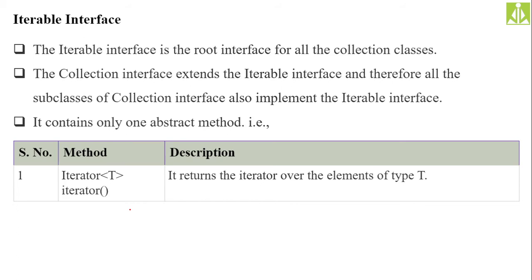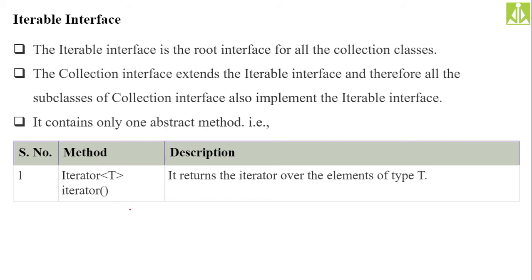Okay, so the Collection interface extends the Iterable interface, and therefore all the subclasses of the Collection interface also implement the Iterable interface. Of course, the Collection being an interface will not give any implementation.